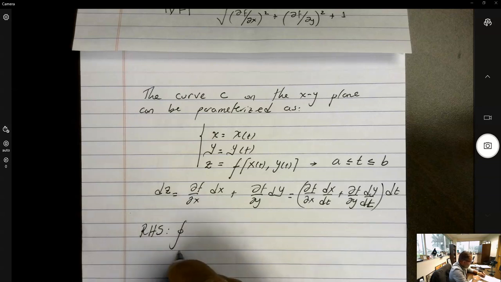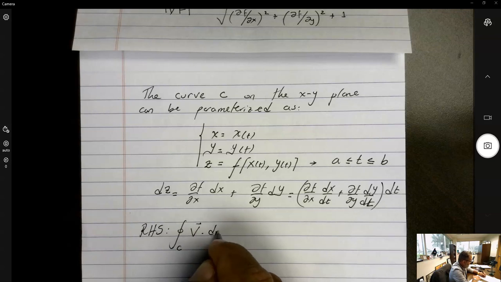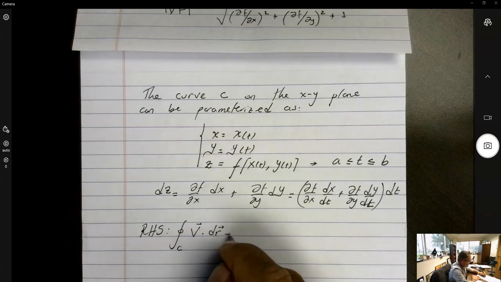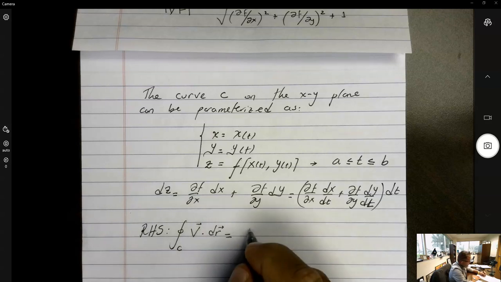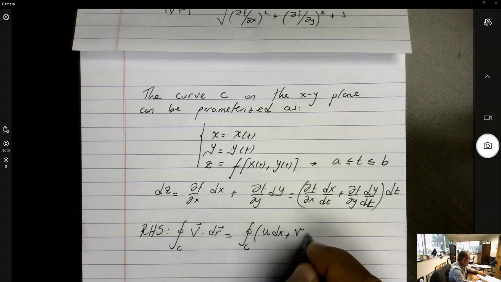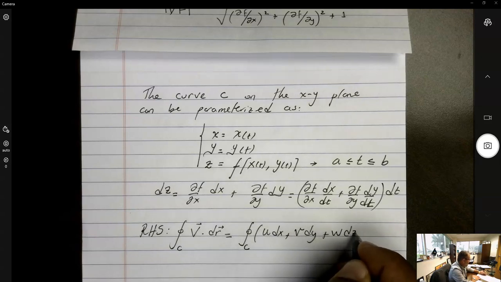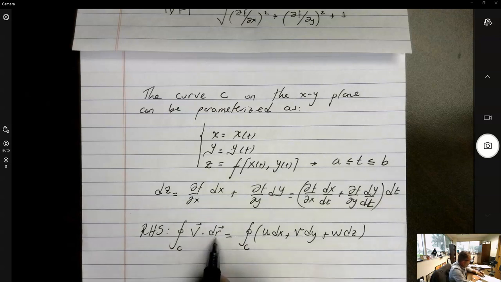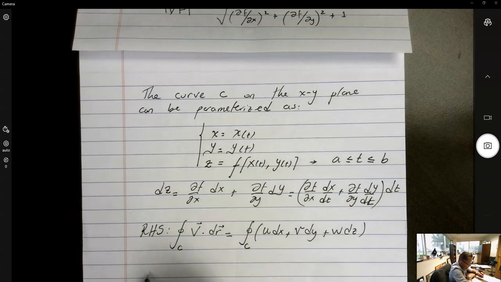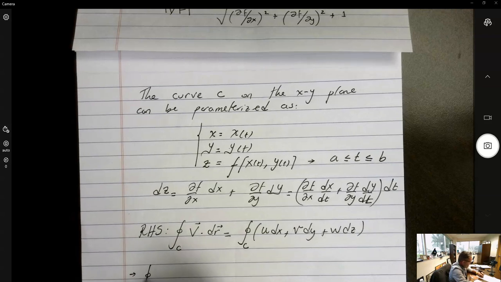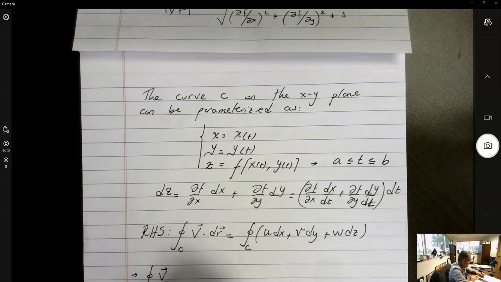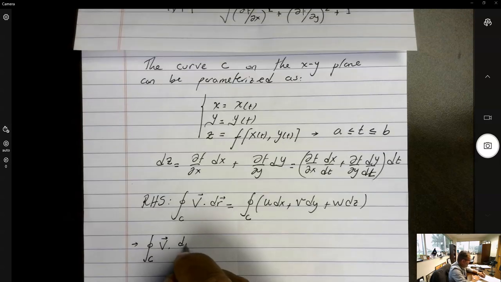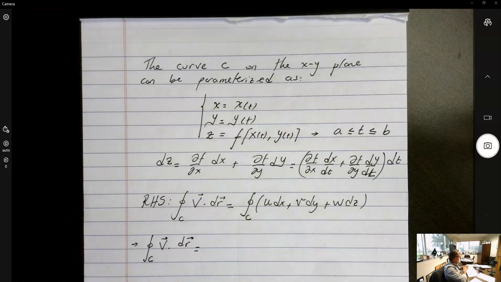which is the integral over the line c of v dot dr, remember that dr is the differential of the position vector, and v is (u, v, w), then this is essentially the integral over c of u dx plus v dy plus w dz. Remember, v is (u, v, w) and dr is (dx, dy, dz) in all three directions. Then by employing this parameterization, the right-hand side of Stokes' Theorem, which is the integral over the line C of v dot dr, then reduces to